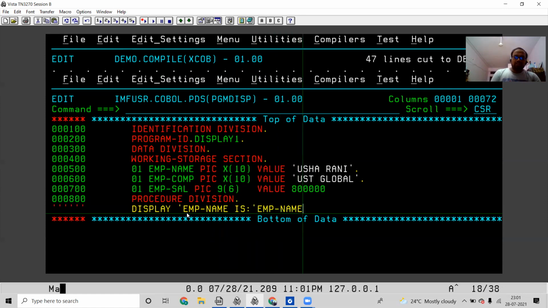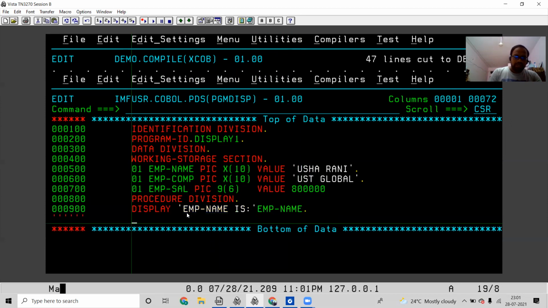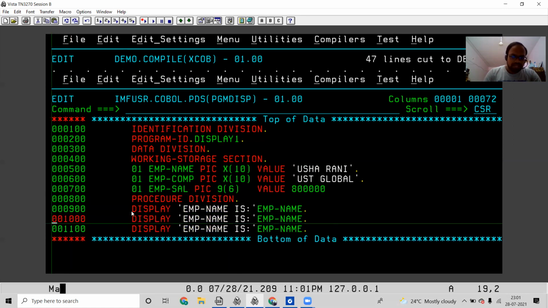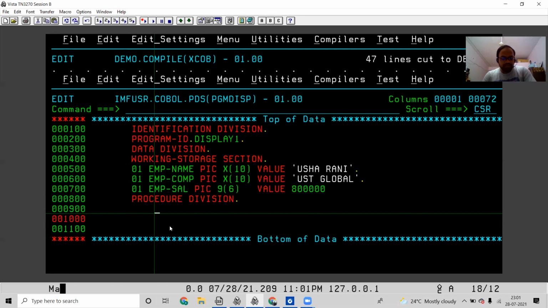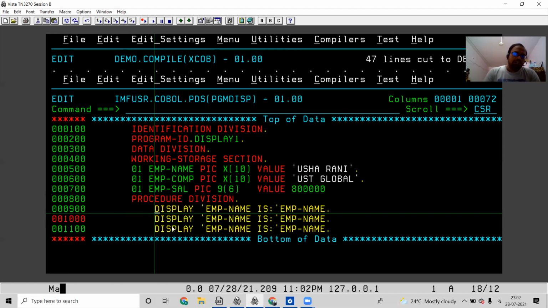Okay, so this is one, and next I'll be repeating the same things, but we need to be very careful where we are starting it. It is a statement, right? We need to start from the 12th column, or else we will be in trouble. Our program will not get executed.